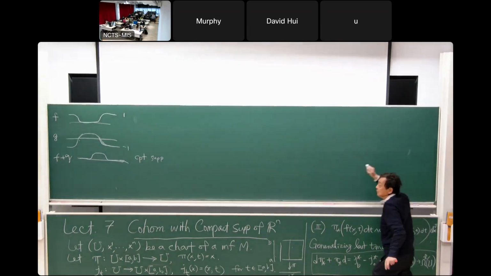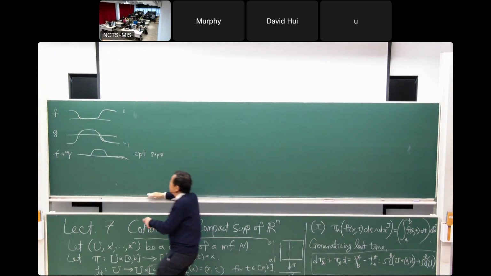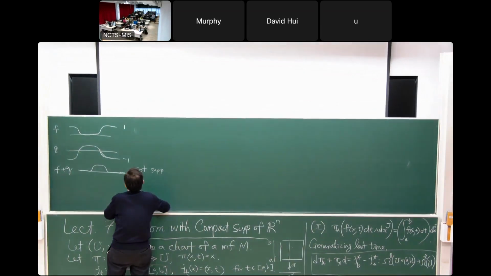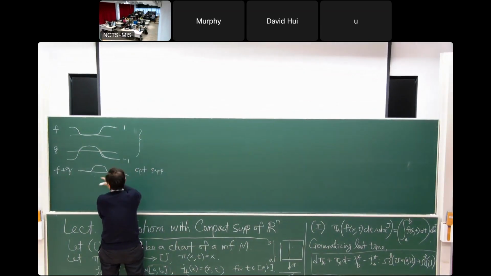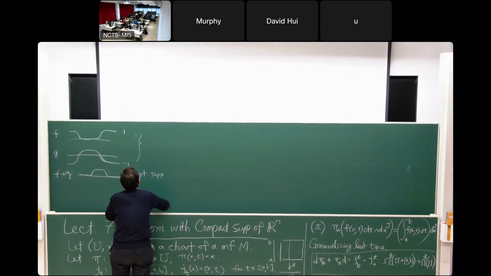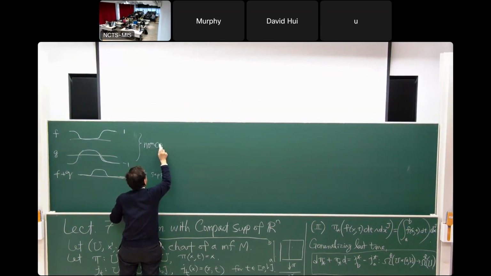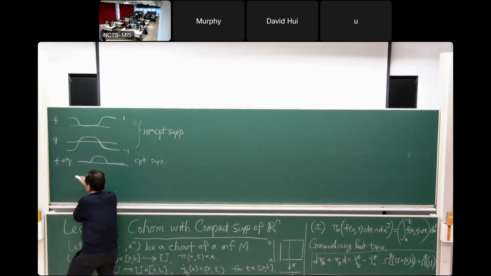So I'm going to state that as a theorem. Here's an example where the sum has compact support, but the individual terms do not have compact support. But we have this theorem,